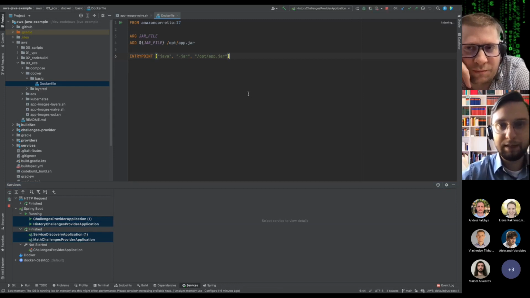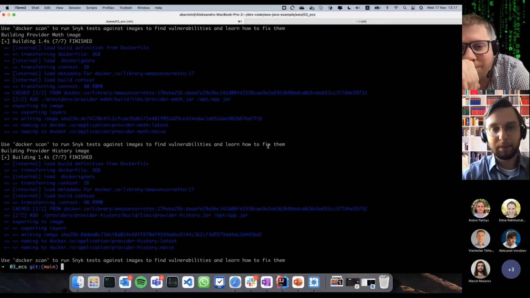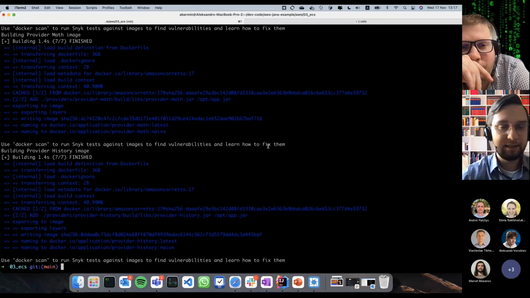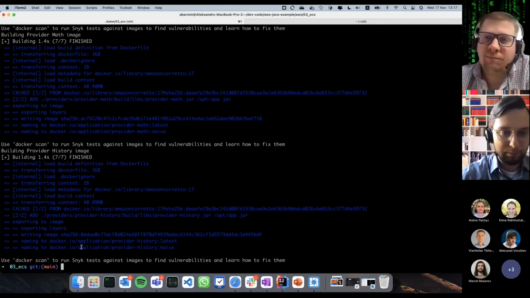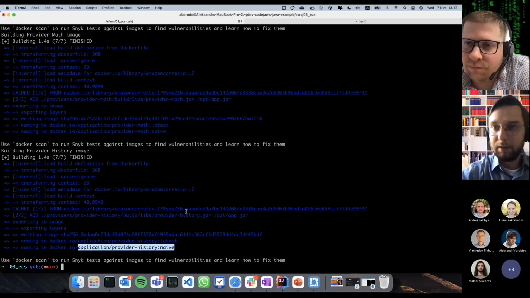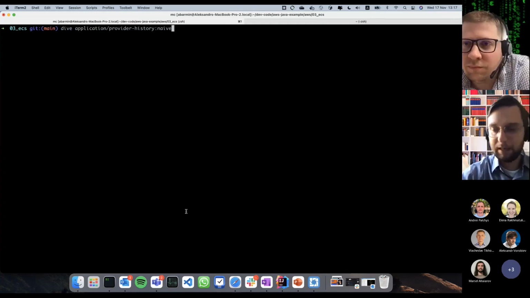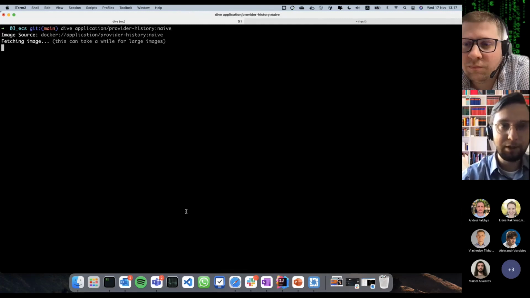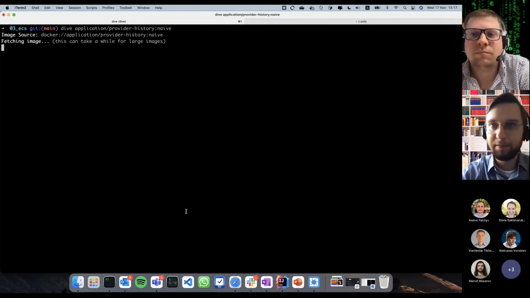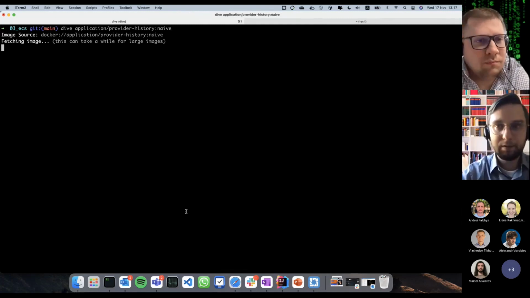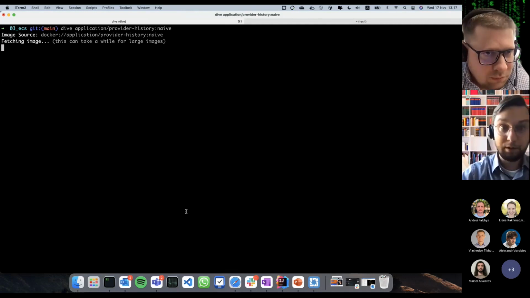But let's take a closer look. What is exactly inside my Docker image? So as you may see, it did not take a lot of time because all the dependencies have already been downloaded before, so it does not take much time. So what I'm doing next, I'd like to take a look into my Docker image. That's why I use the dive program. It is a simple console tool which allows me to take a look at the content of my Docker